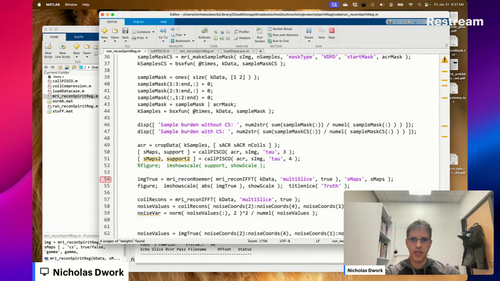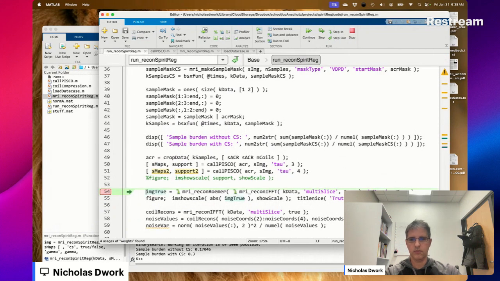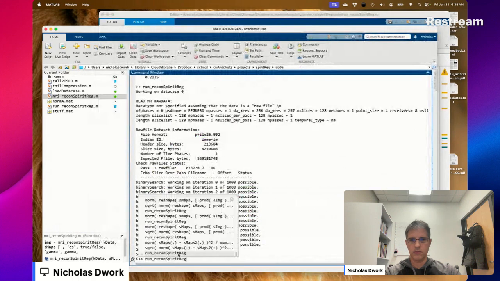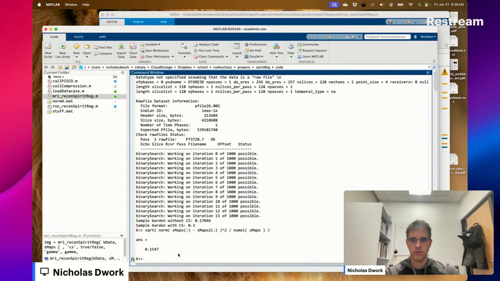Let's go the other way again, where we're going to go up. 0.15.